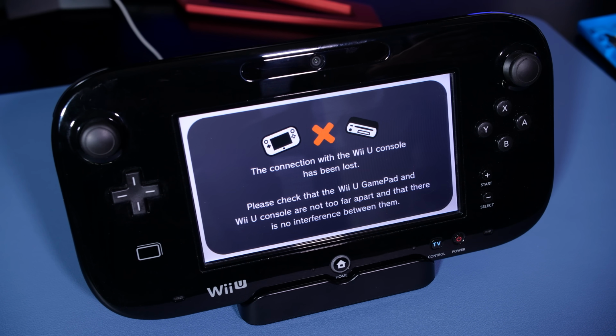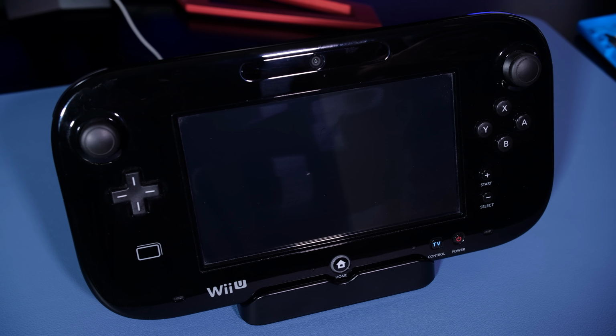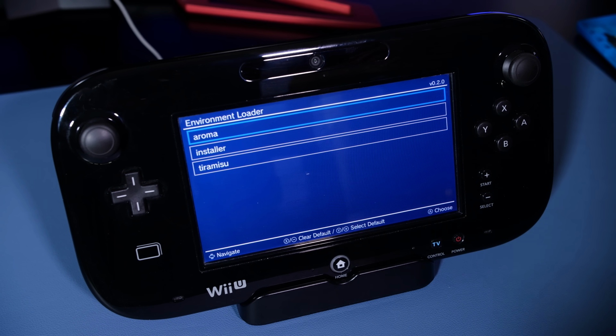Now once you've gone through the process of installing Aroma, what you'll notice is when you boot up your Wii U, rather than the 30 to 45 seconds needed to boot into the Wii U system menu, you'll notice a very fast boot into what's known as the environment loader. This, for all intents and purposes, is a boot selector that allows you to quickly launch into the environment that